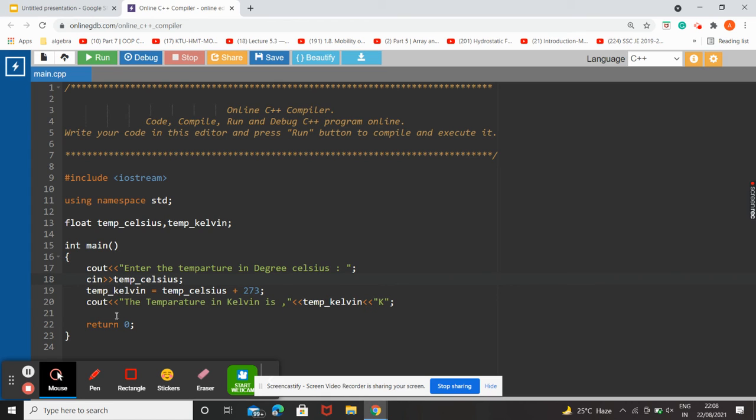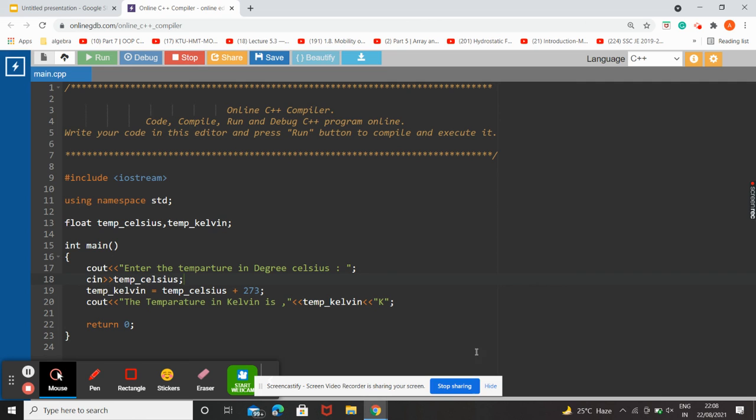Now printing out the result: cout, insertion operator, in double quotes, "The temperature in Kelvin is", then temp_Kelvin, and a K to show its unit, and we'll end the program. So let's try this out.